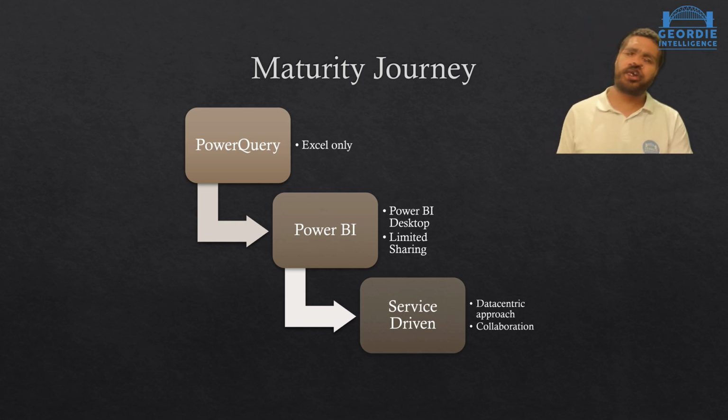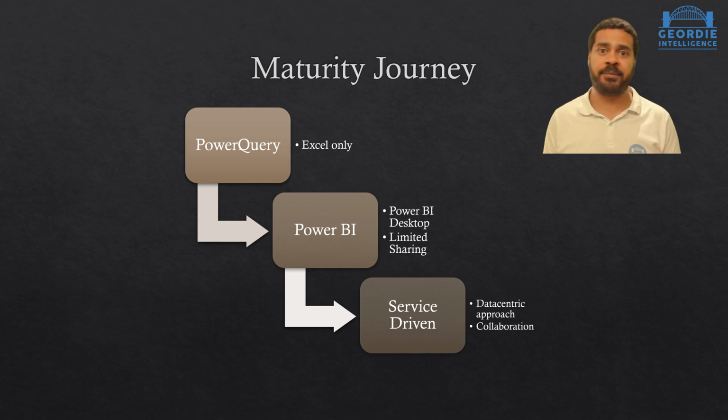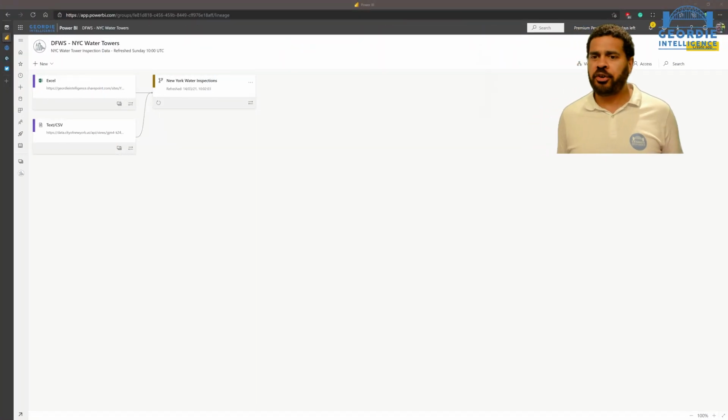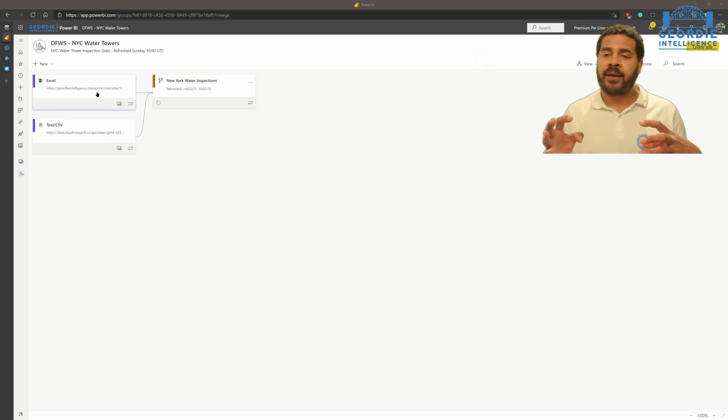So let's have a look. Let's jump into Power BI Desktop and kind of see some of the stuff that we're talking about, yeah? So this is one New York data set, isn't it? Yeah. And essentially, if you remember, it's reading an Excel spreadsheet. That's all it's doing. But from here, we've been able to build up a process that's going to extract that data. Okay. This data flow workspace.